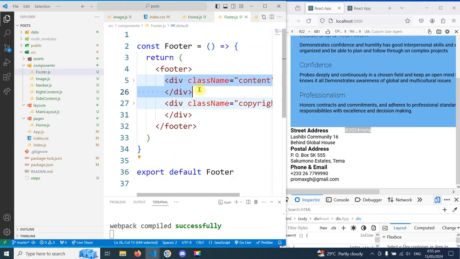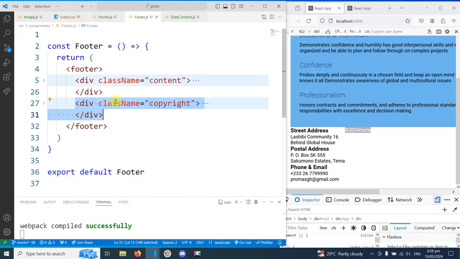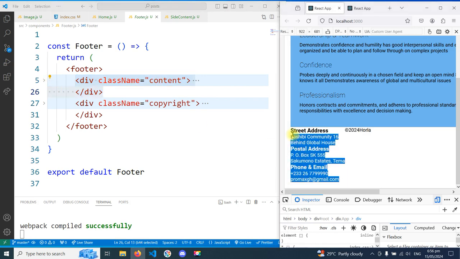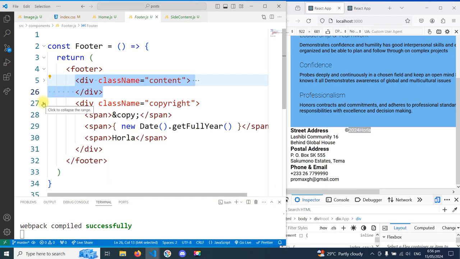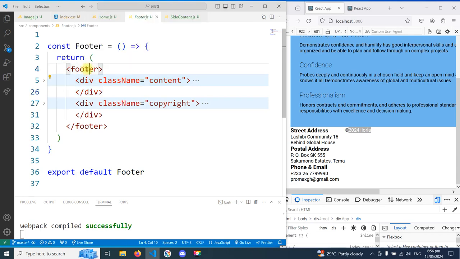You can see in the footer element we have this div and that div. So this div is the one with the copyright, and then this div is the one with the content. So the content is the one with the addresses and so on, and then this copyright is the only one added down here with the copyright sign. So if we want them to sit on top of each